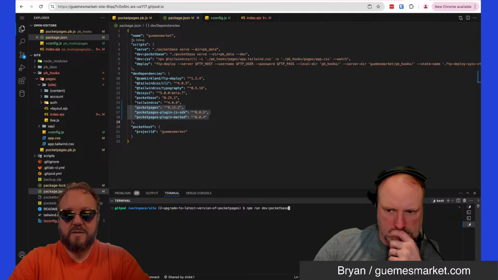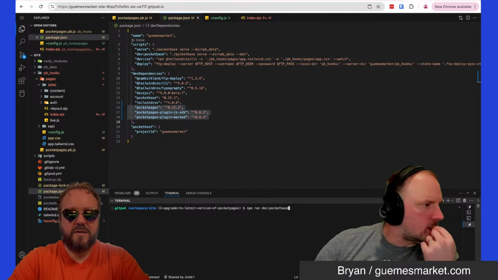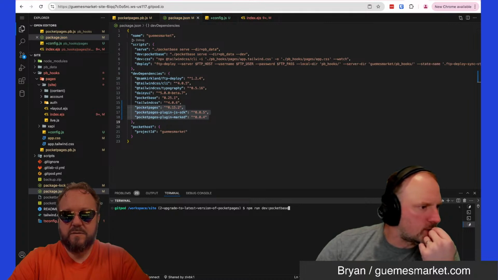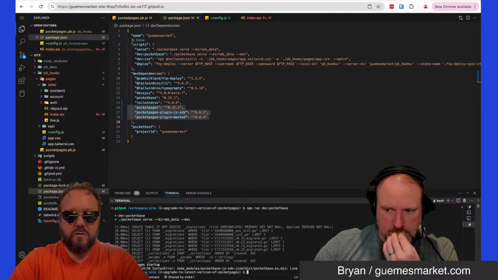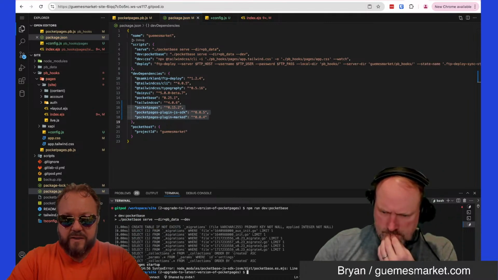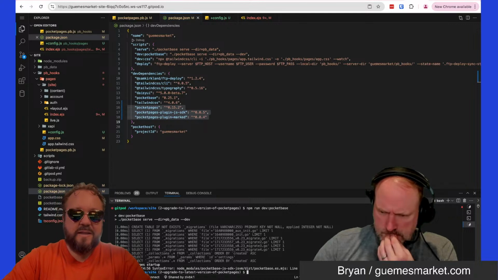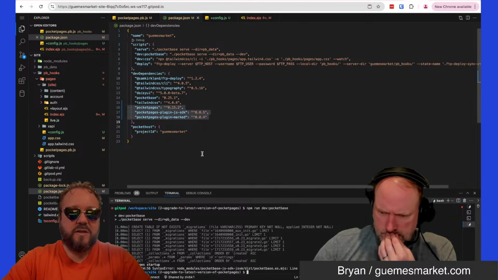Is it PocketBase? Is that what we're doing? Yeah, dev:PocketBase, to spin it up. Run dev:PocketBase. Yep. Okay, cool. All right, so we're still getting that unexpected reserved word, which tells me that